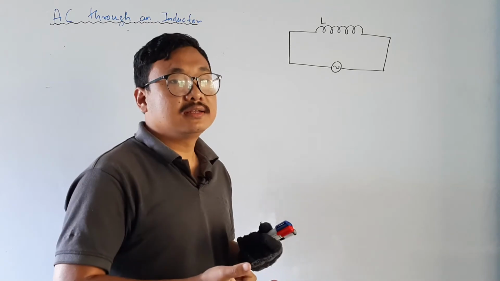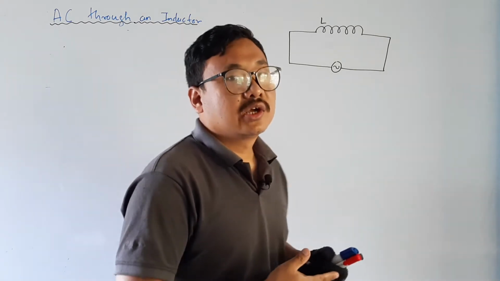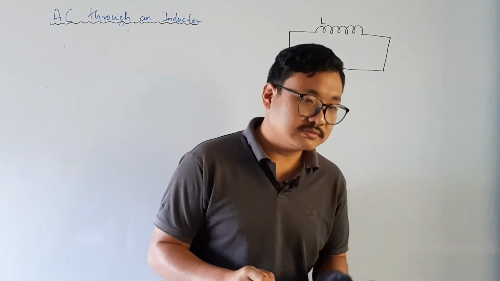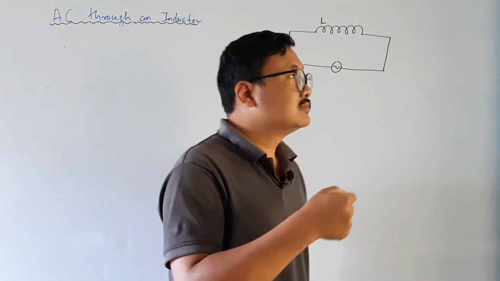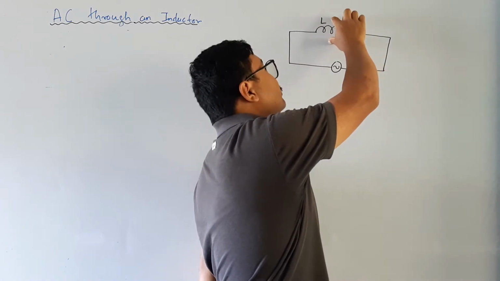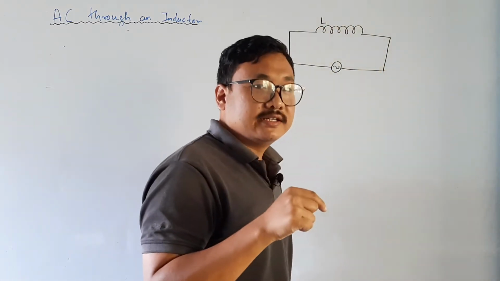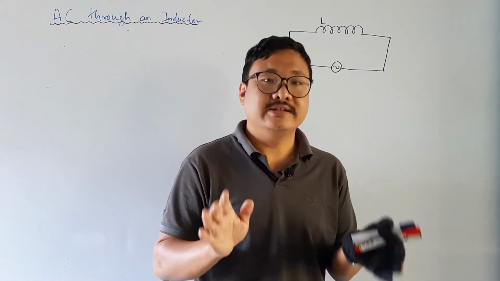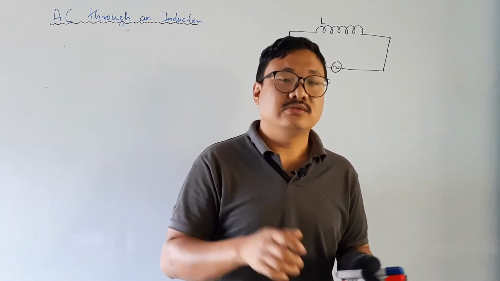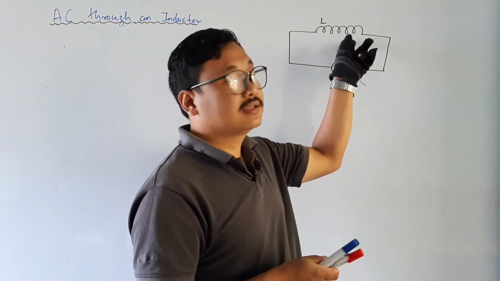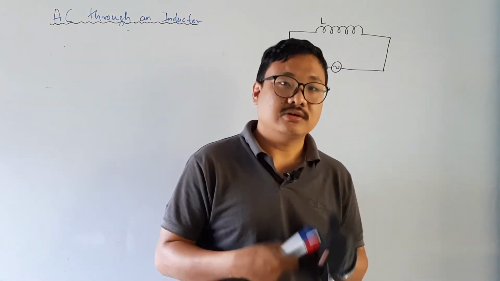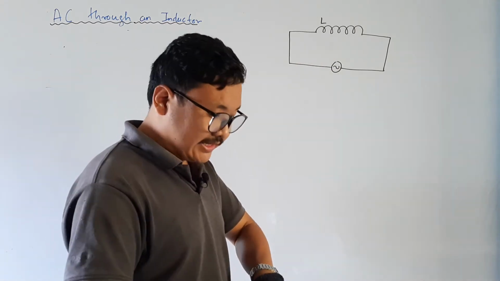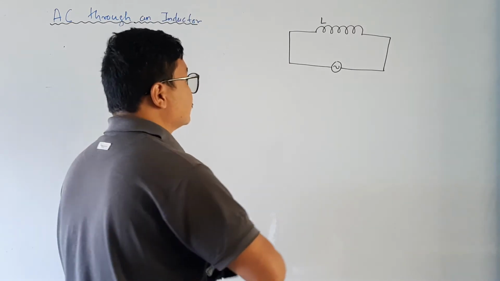Inductor is a coil in which we consider zero resistance. Zero resistance means any coil which is made as an inductor must have some resistance, right? But here we don't consider any resistance. So you write it as a note: the resistance of this coil or inductor is neglected or treated as zero. So we are going to apply the AC voltage to this system.